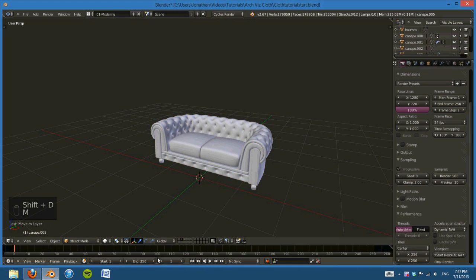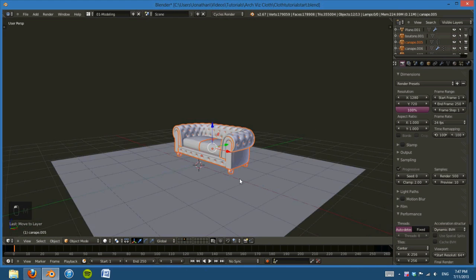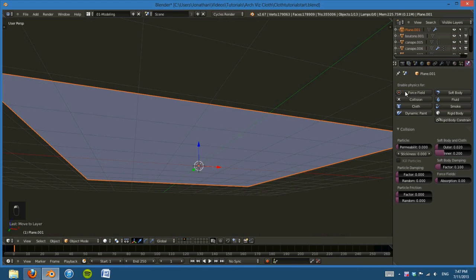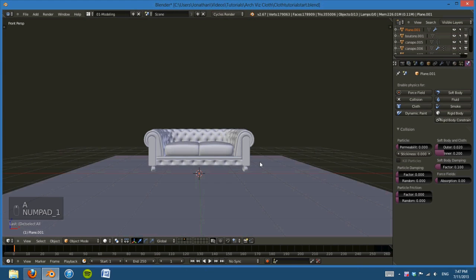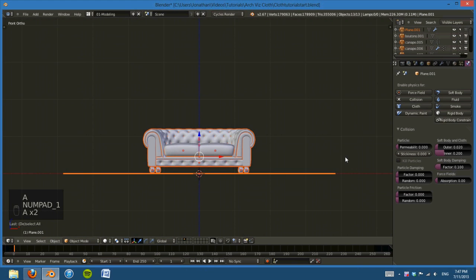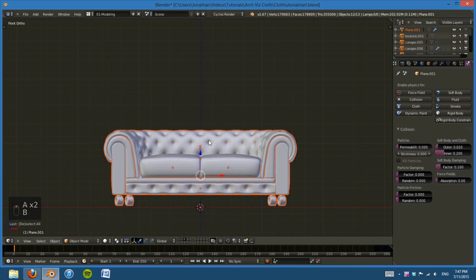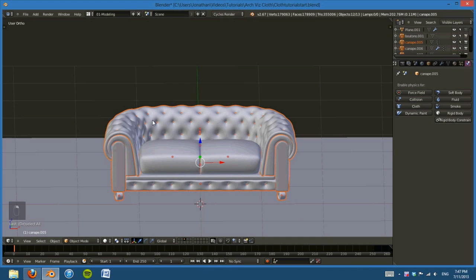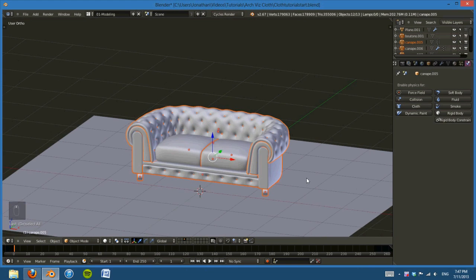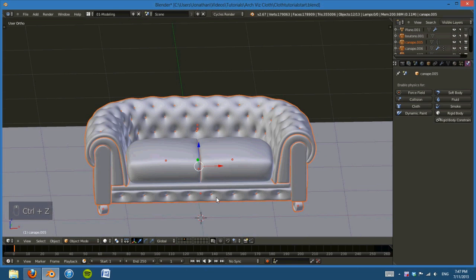to a second layer. Now in this layer I already have a floor set up as a collision object here, but with this couch I'm going to select everything, deselect the floor, make sure that one of these is the active object. It doesn't matter which one, so just make sure you have everything selected and press Control J. And what that's going to do is join them all together, but I forgot to apply the modifiers first. So in this